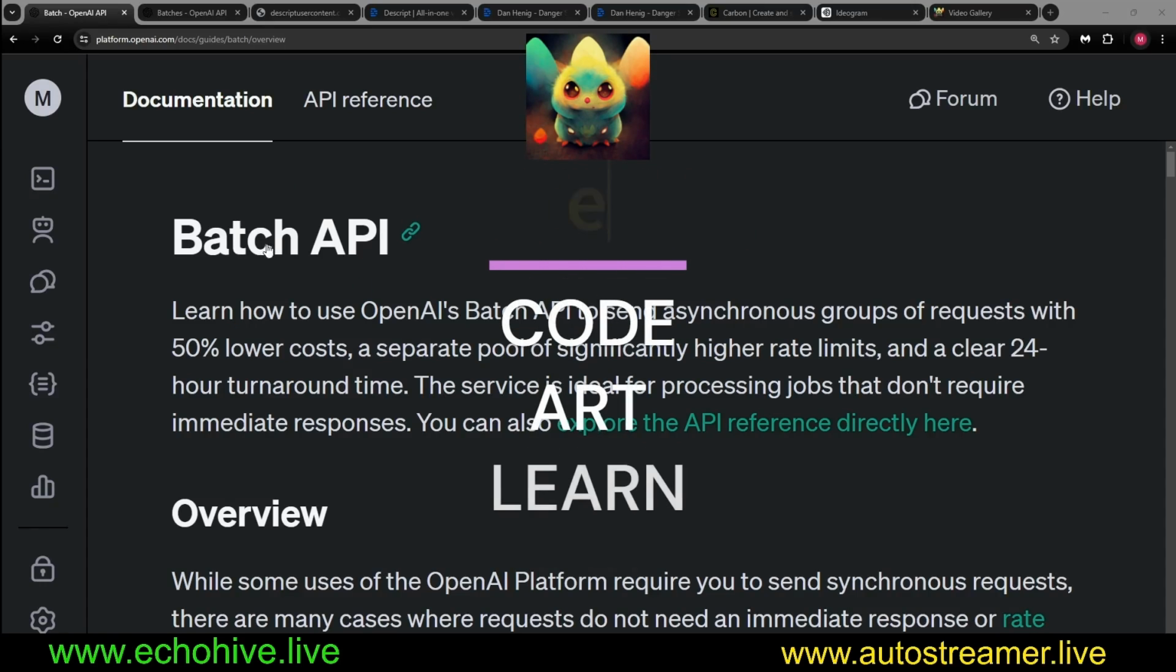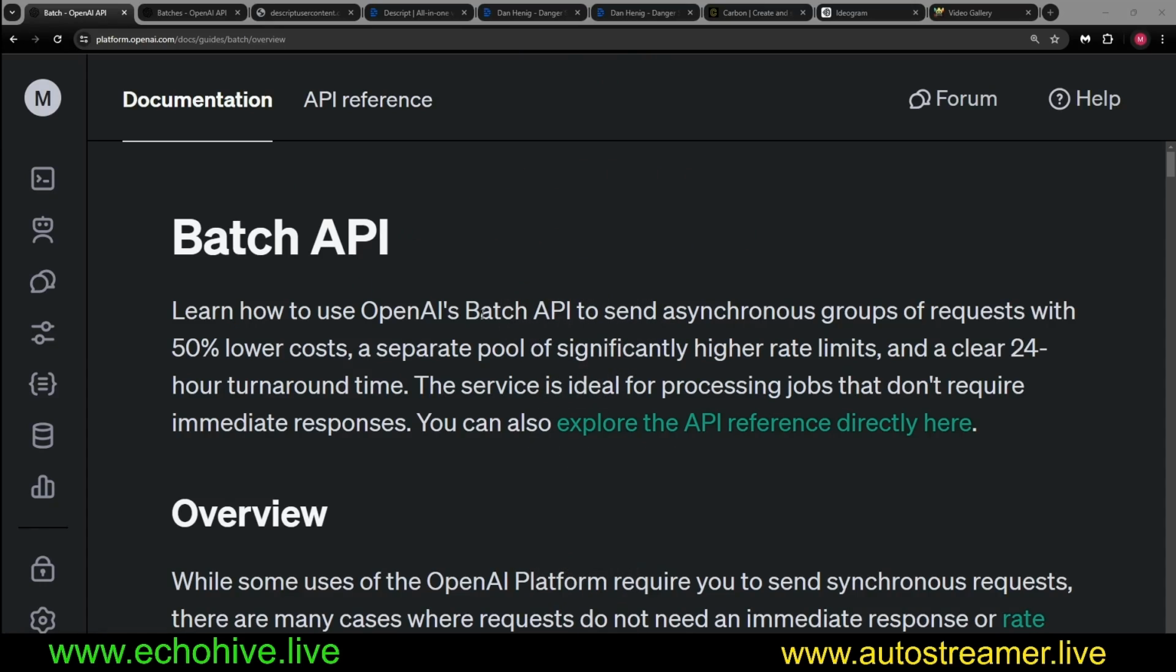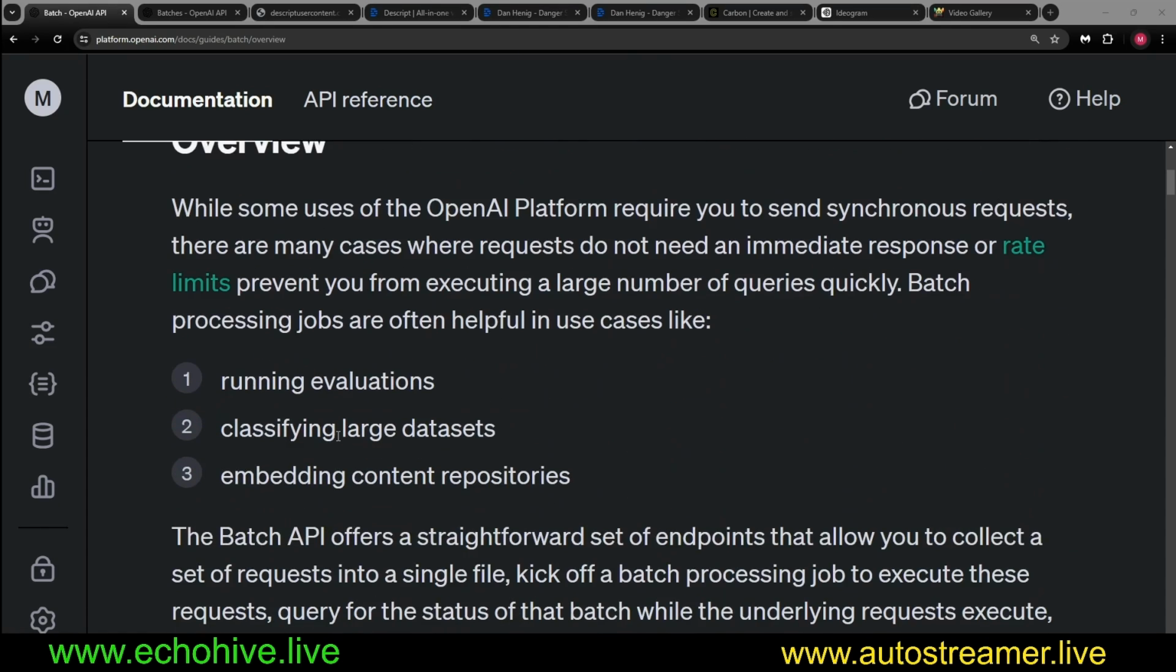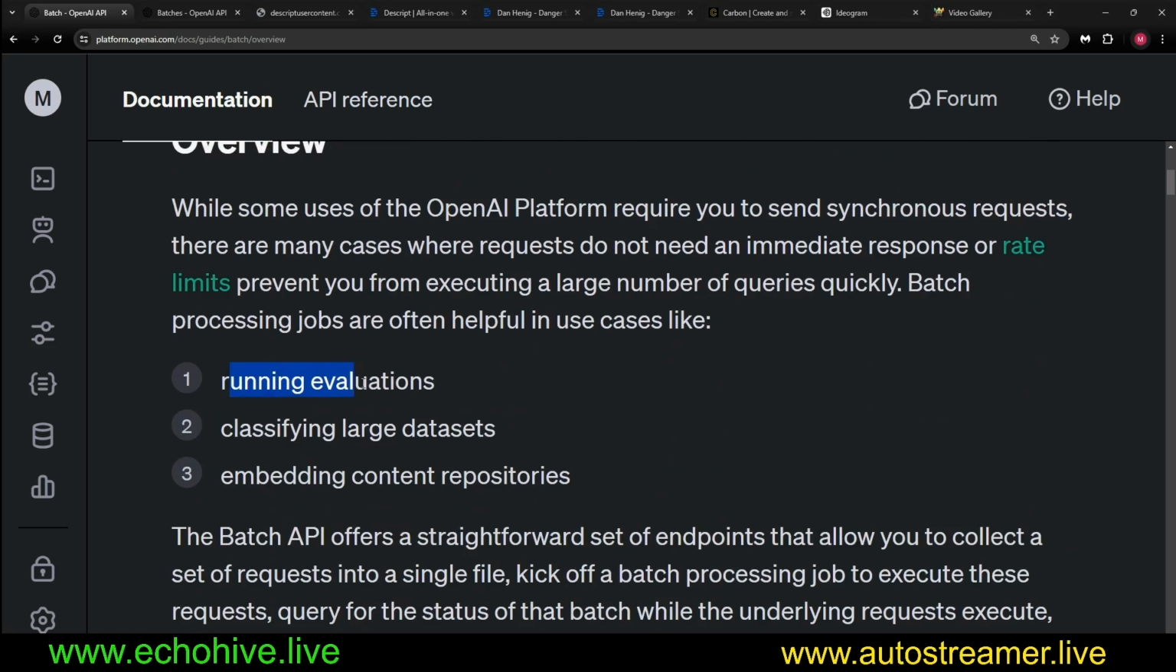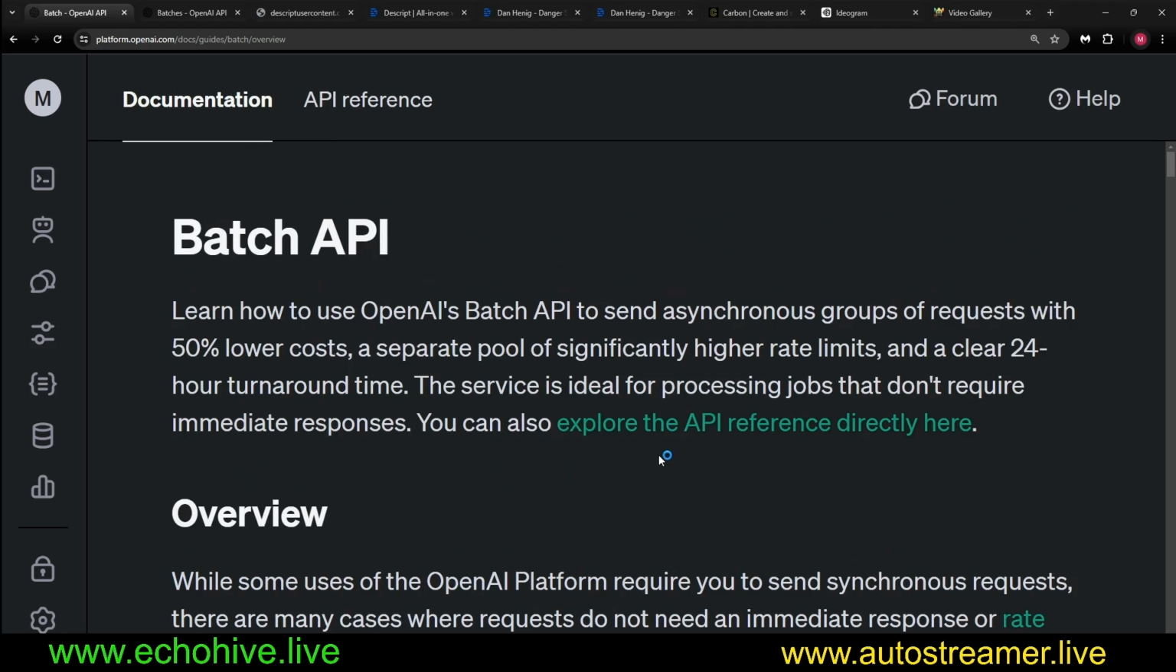In this video, we're going to talk about the new Batch API from OpenAI, what it can do and how we can use it. Batch API is ideal when you want to run a lot of requests at the same time, such as running evaluations, classifying large data sets, and getting embeddings for a large amount of context. You can send up to 50,000 requests to the Batch API to chat completions or the embedding endpoints